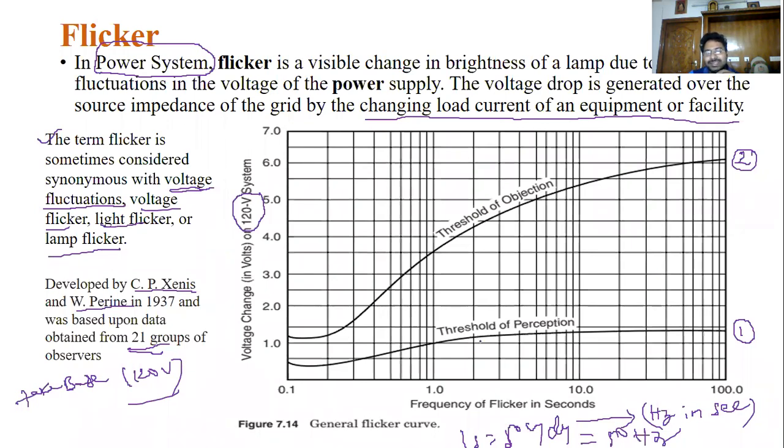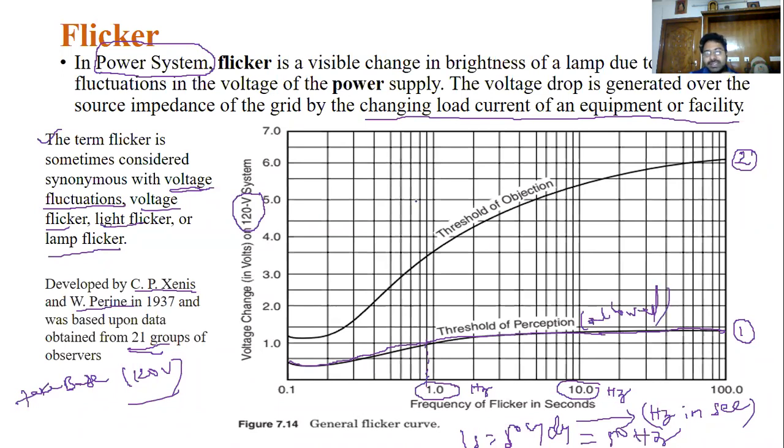Now see this threshold value. See this 1 hertz to nearly 10 hertz region. You can treat it as the threshold perception value. This is the flickering range that you get in the lights or some equipment. We do not treat it as a major effect in the power system. This is not considerable; it is allowed.